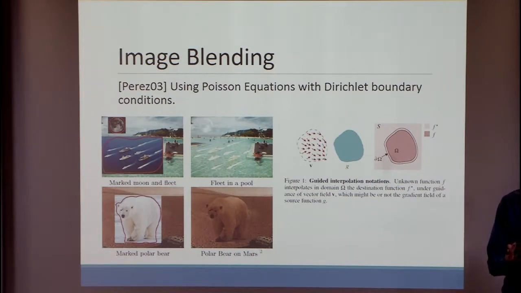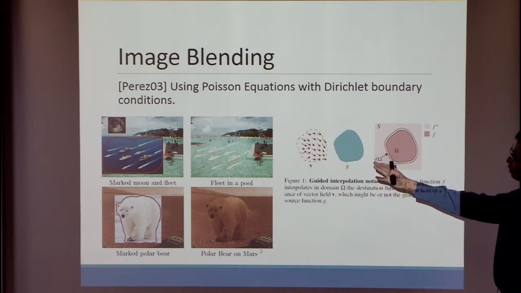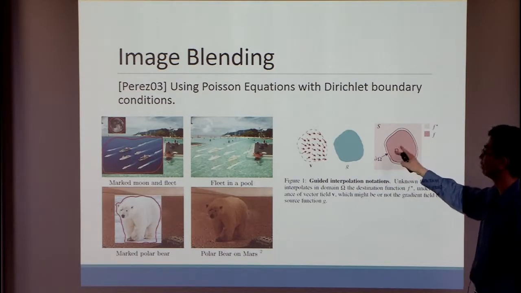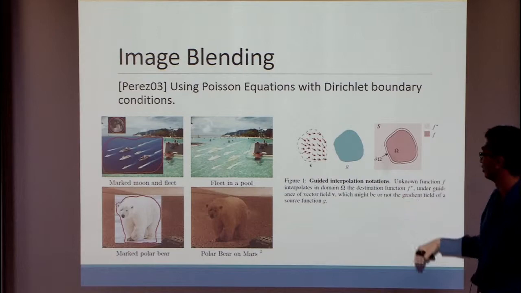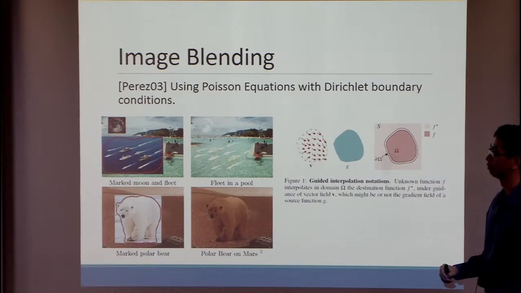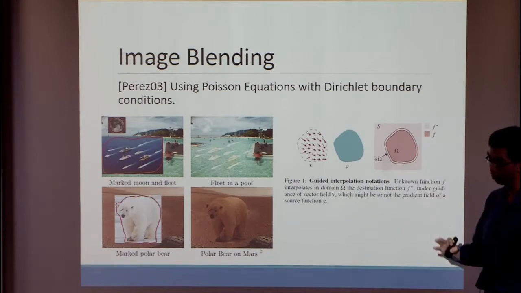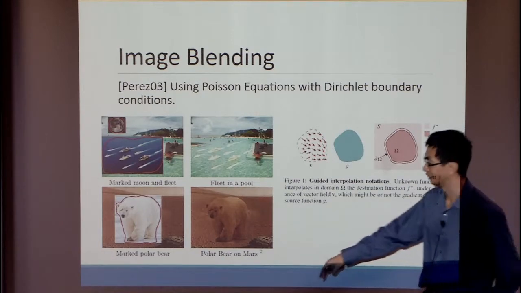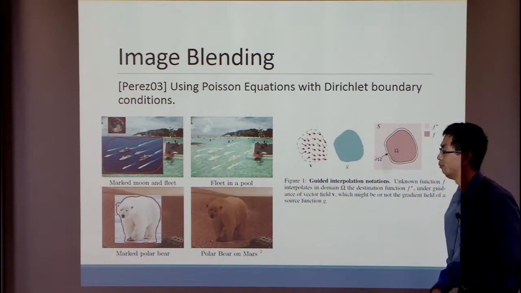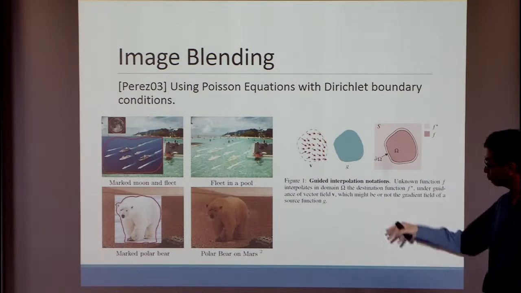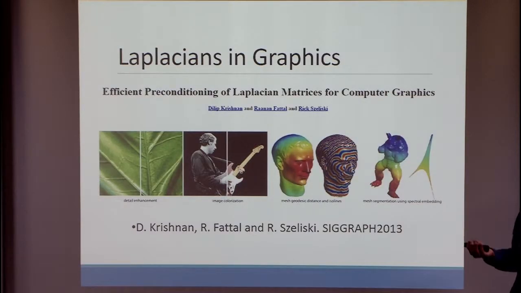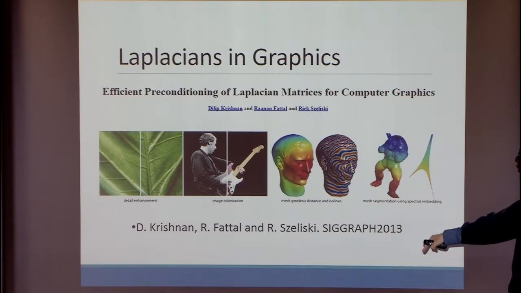Okay, so then the other set of equations, which we already mentioned, is Poisson image blending. It's a very simple idea: you put a gradient field over an image, and then you have some Dirichlet boundary. You just solve the system, right? This was formulated in '03, and I'm pretty sure it was known way before that. But with that technology, you can do image transfer, like placing polar bears and naval fleets in a pool. And this style of doing graphics as graph problems, in the recent years of 2013 to 2014,